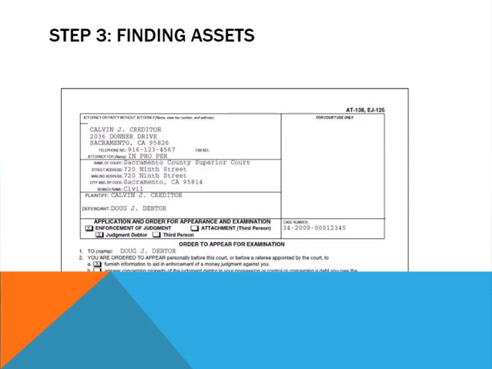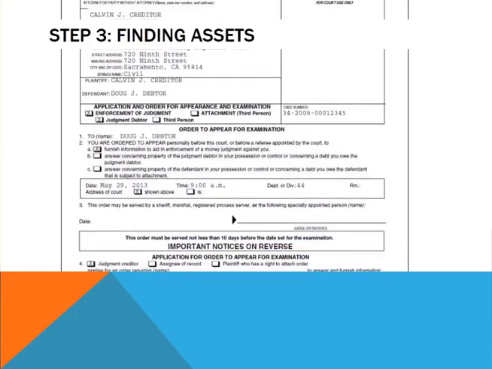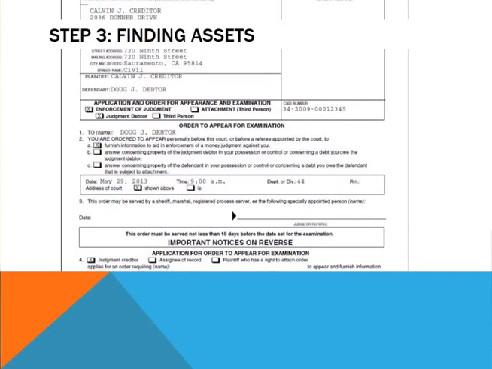Third person is where somebody else is holding property for that person, or is perhaps another person who owes the judgment debtor money, and you're trying to get information about the money that they owe them to seek an assignment order. But typically it's going to be of the judgment debtor, and then you fill out the information of who it's to in line 1, explain why you're doing it in line 2, which is typically going to be checkbox A,